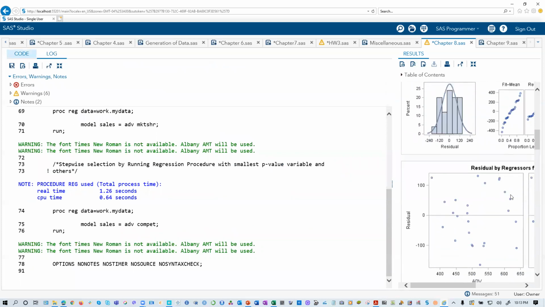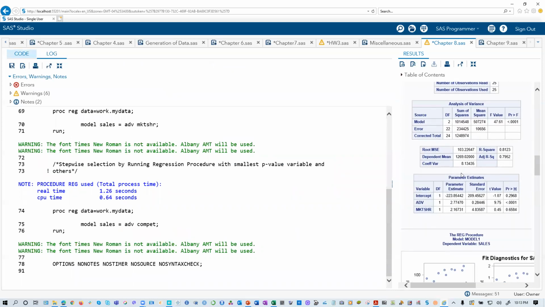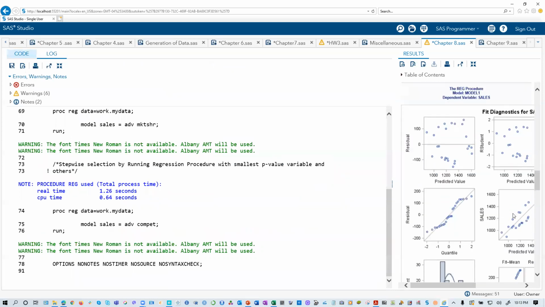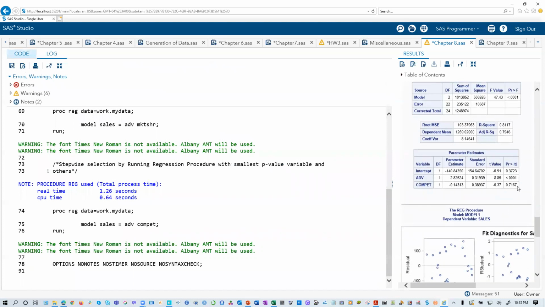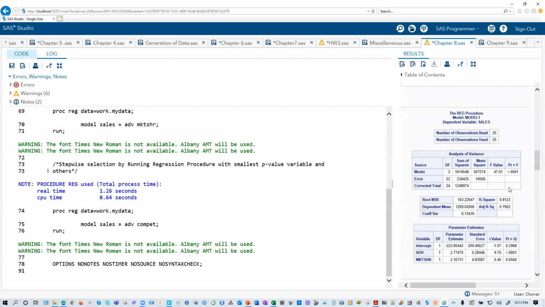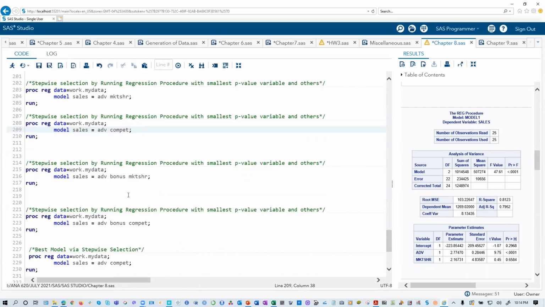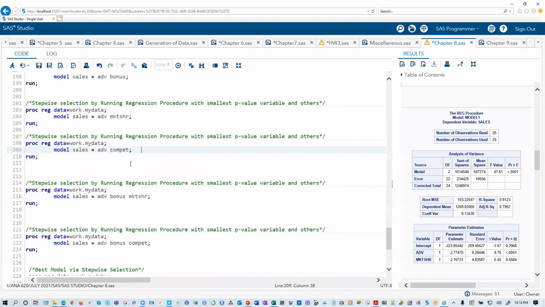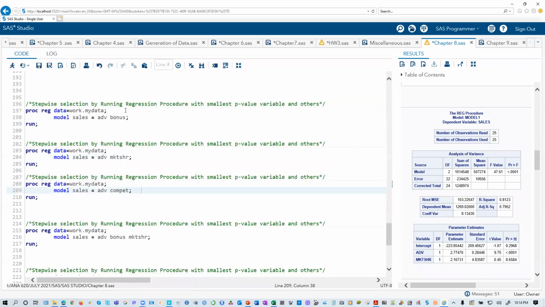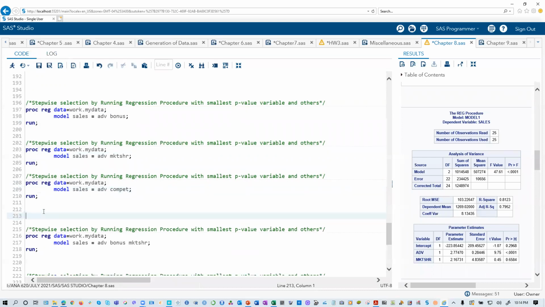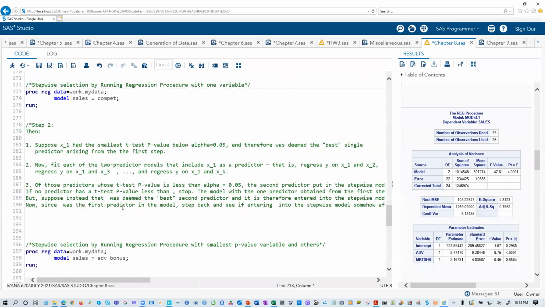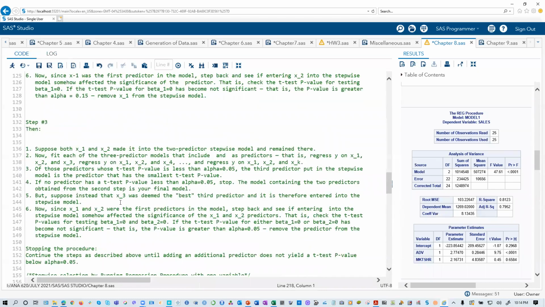Bonus 0.01, 0.6, 0.7. Okay. So out of these 3, we're gonna keep the one with the least p value. See this p value. So I'm gonna keep the one with bonus. And not only that, once you keep that one,